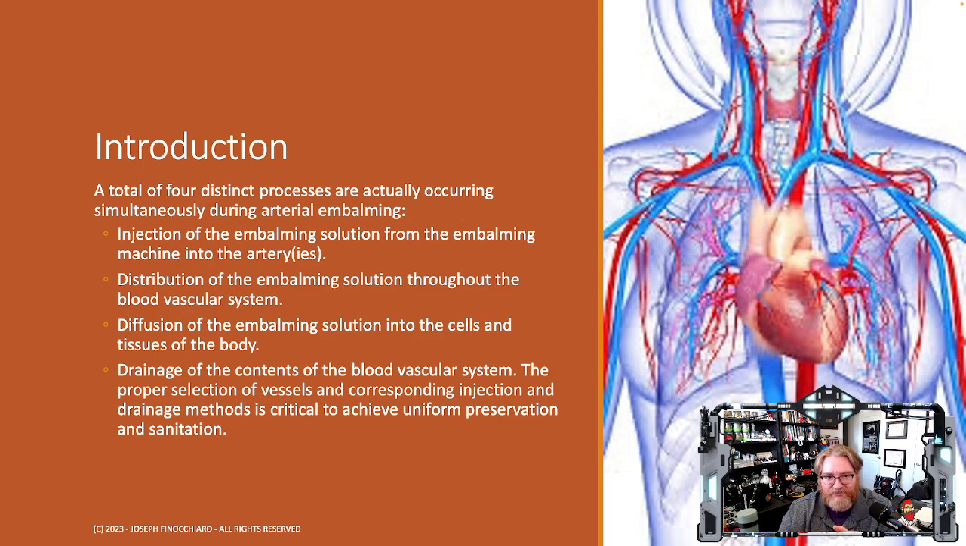Now, the proper selection of vessels and corresponding injection and drainage methods is critical to achieve uniform preservation and sanitation. So we don't do these things one at a time. They're happening all at the same time. We select the proper artery, we start injecting, we start pushing the fluid into the empty spaces of the vasculature that are devoid of blood. We finally encounter those areas, we start pushing those things away. As we get into the capillaries, we start having that lawn sprinkler effect where the preservative distributes into the cells